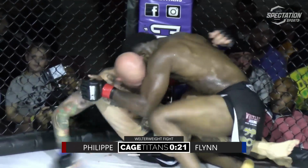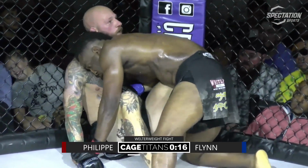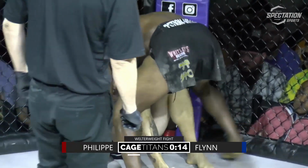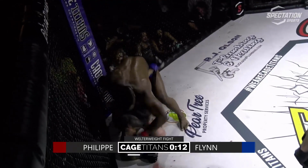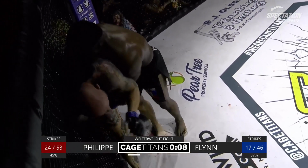A lot of strikes thrown here. A lot of feinting, a lot of movement. You know what I mean? Very, very technical first round. 15 seconds, and it could go either way, really. Sage didn't land as much here, but he did get these takedowns. But Bobby was clearly the...